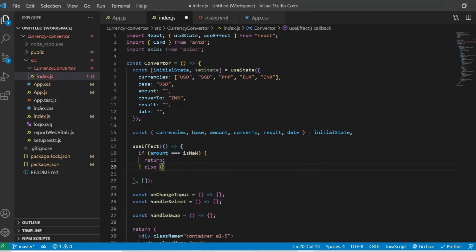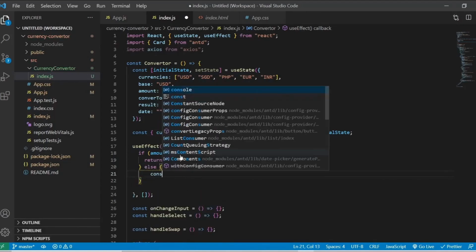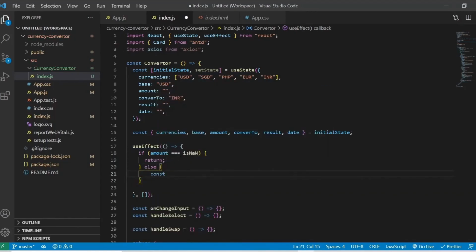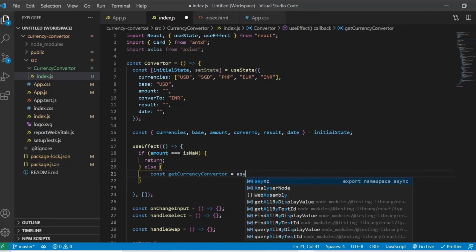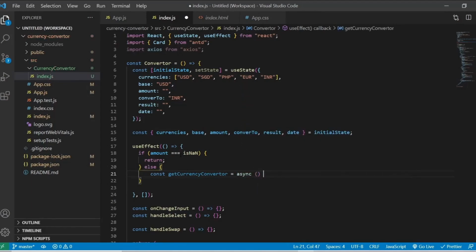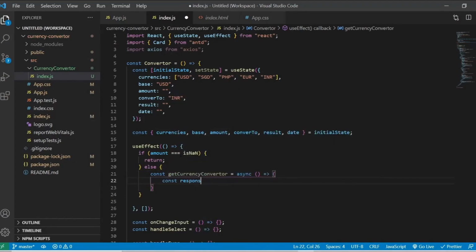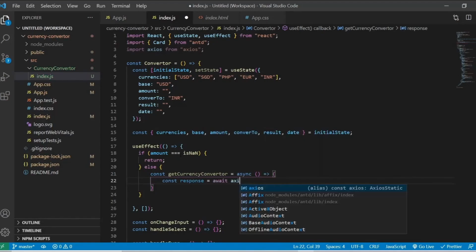Else, inside else, I'll be making the API call. So here I'm going to use const getCurrencyConverter. We will receive real time data in that method. This method will return the real time data.